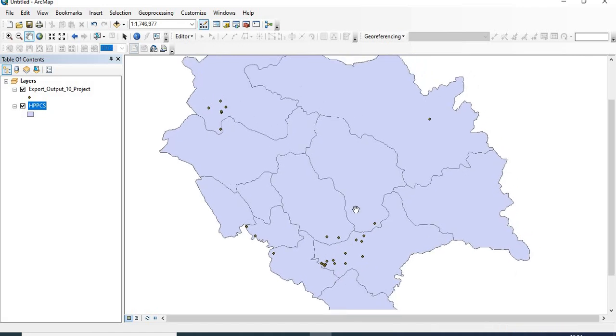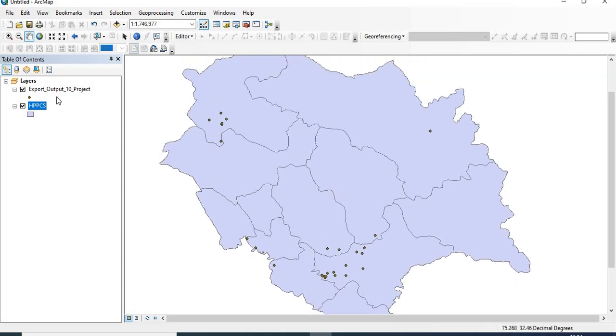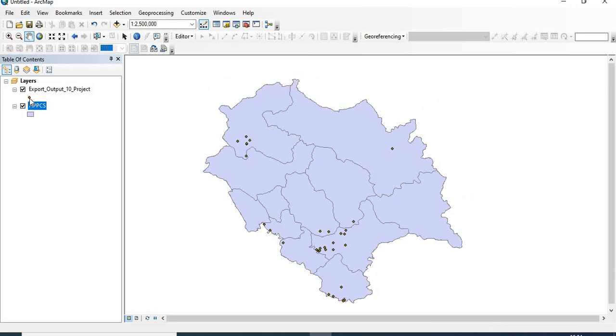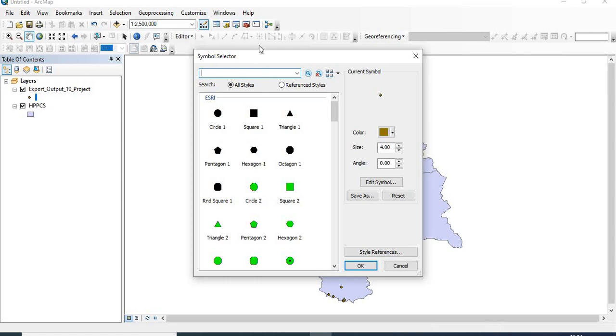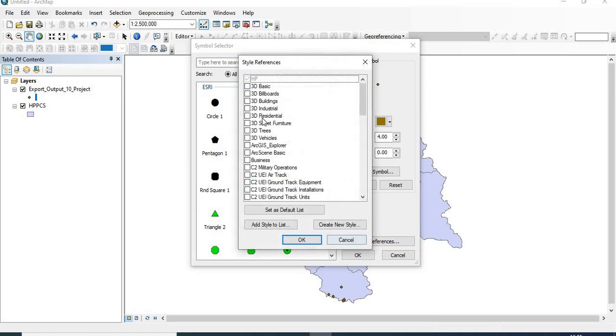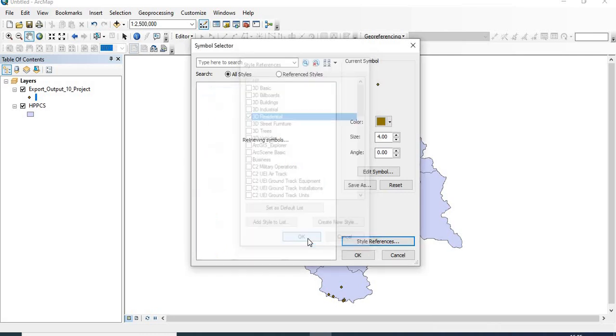Okay, now here you will see that the locations of all the students have got overlaid with the map of Himachal Pradesh. So what we have to do is double click on this symbol, and from the symbol selector you can use the style references. Since we are showing the residential location of the students, we can use any of the symbols from these style references.